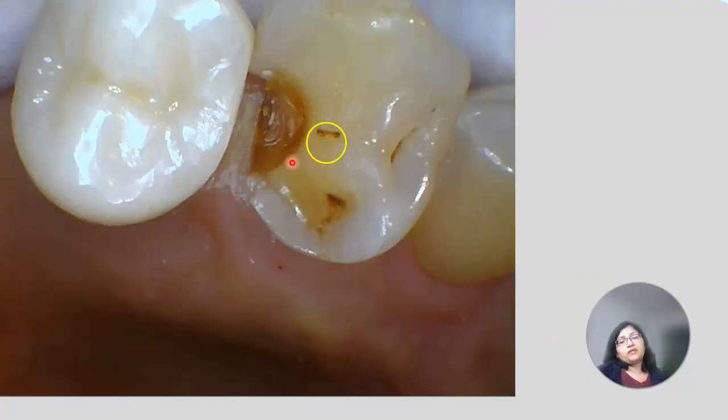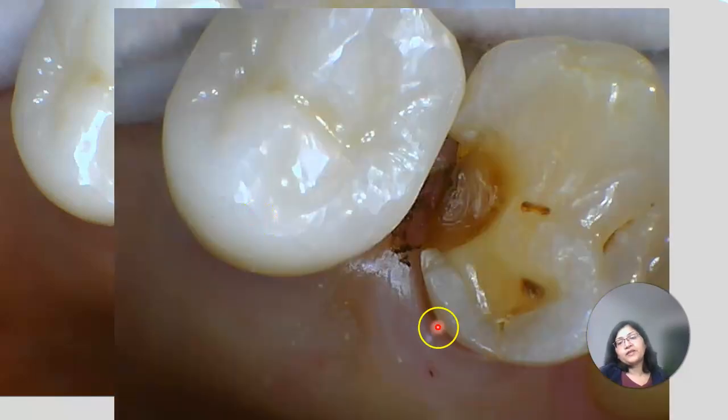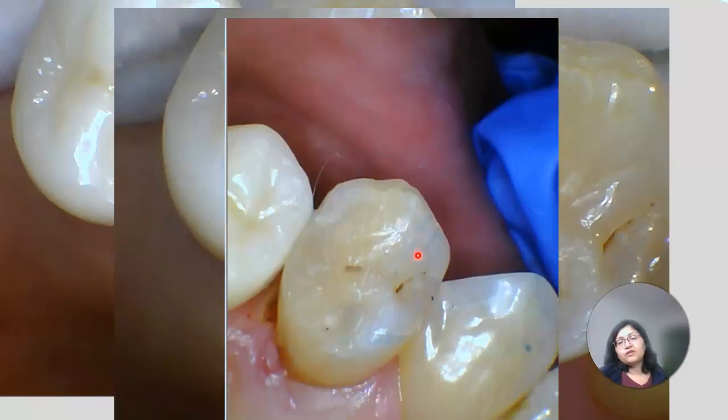The other case that I had shown you here, I did not want to place the margins of the restoration below the CEJ. I ended up doing just gingivectomy because the margins were fine, and we restored it